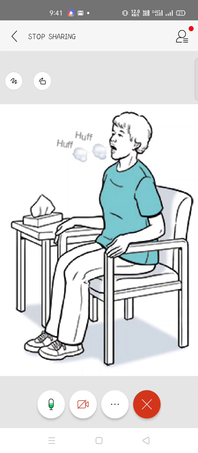Huffing is done instead of coughing. This is more helpful because coughing sometimes makes you tired. The persons who are sick or ill get tired of coughing. So huffing is a better way when you think of doing it for a longer period of time, because the tiredness level is less in huffing. And huffing helps in moving these secretions or the sputum from the smaller airway to the large one.